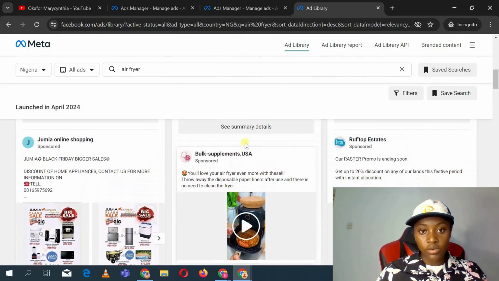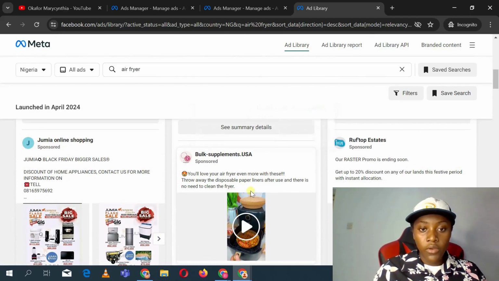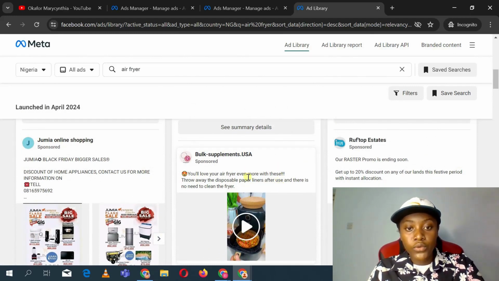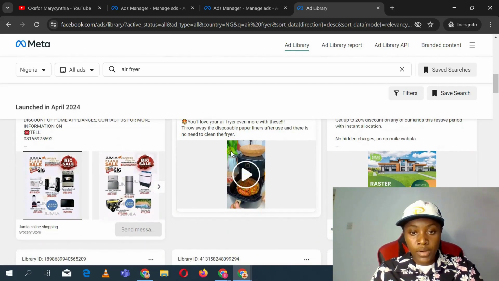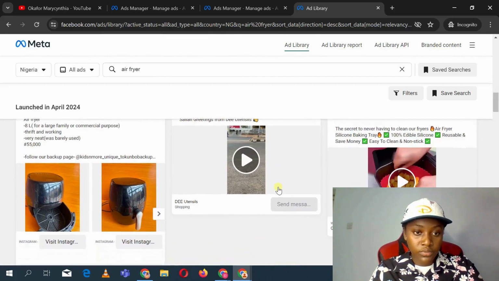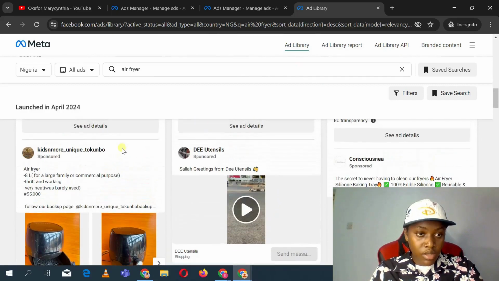You're going to see a whole lot of ads. I'll love your air fryer even more. Okay, you love your air fryer even more with this, throw away your disposable paper. Okay, this one is selling something different, all right. So you can see, I mean,